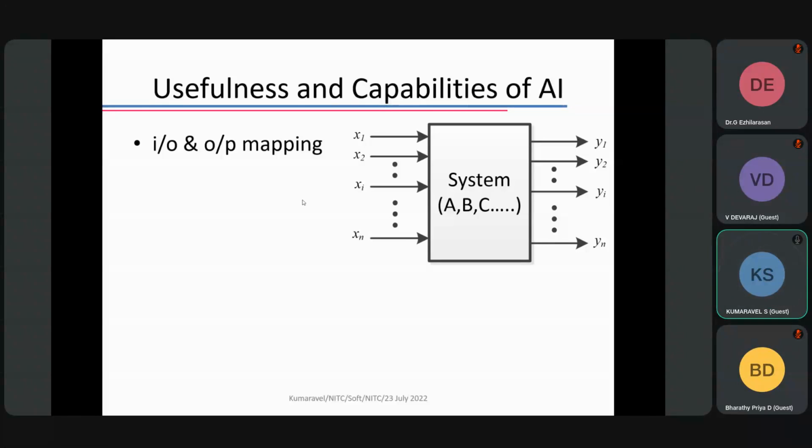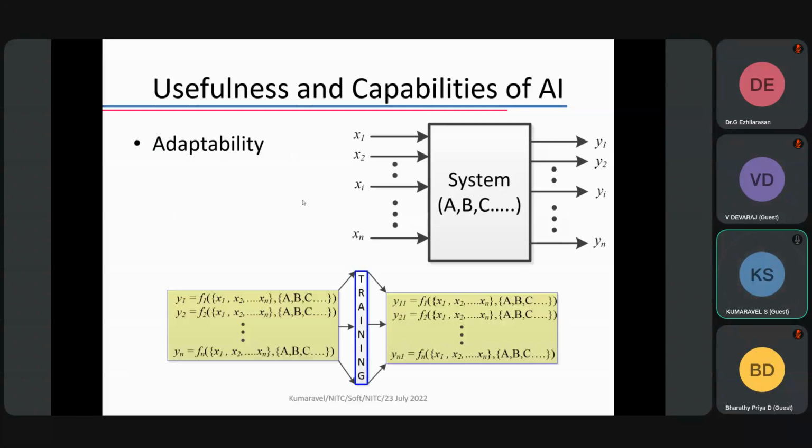What is your input? Press 1, okay, KTV. Or press 2, Star TV. Some TV. So what is your input and output? We only bother about the input and output. We least bother about the system. That is called AI. Okay, AI least bothers about the system. We train a system only from input and output. We do some data processing on input and output. Data is much more important than the system here. Understood?